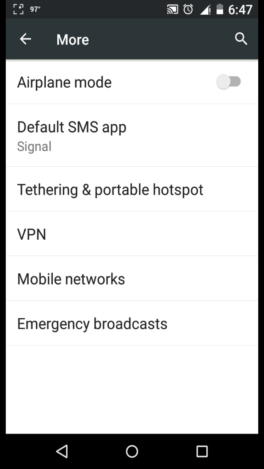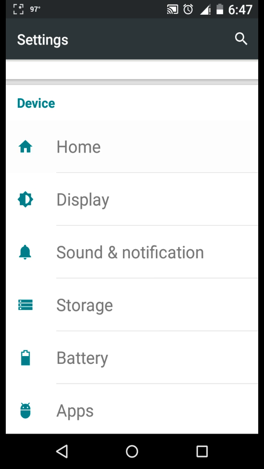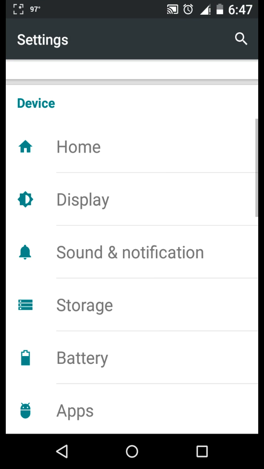You know, your airplane mode, your SMS default app. I've got mine set at Signal. I like the encrypted text messaging thing. And then your tethering and VPN tunnels, your mobile networks, and your emergency broadcast band. And then your home page. This is the setting for which launcher you want to use, I believe. I use the default launcher instead of the Google Now launcher, because the Google Now launcher says it's tailored to your choices, but it never gave me anything when